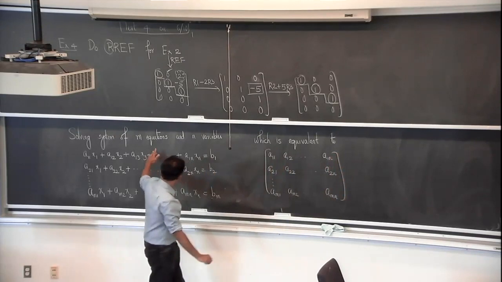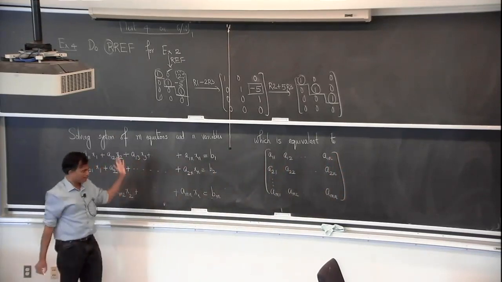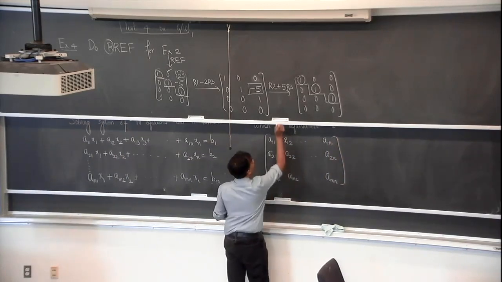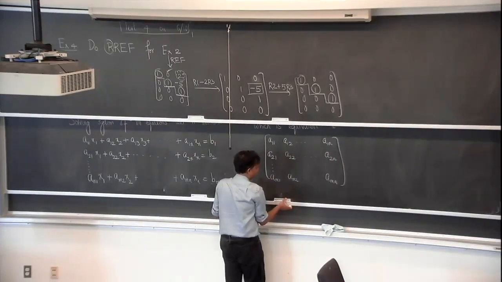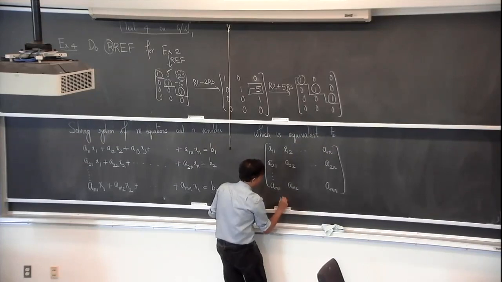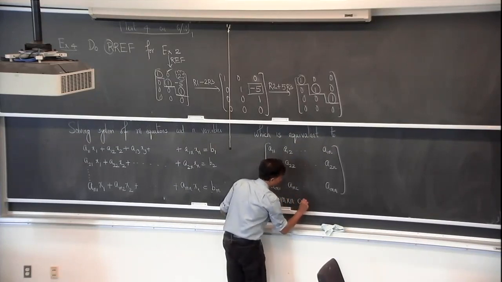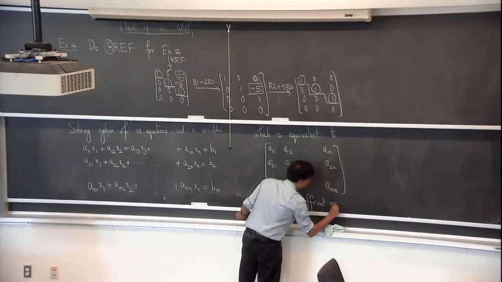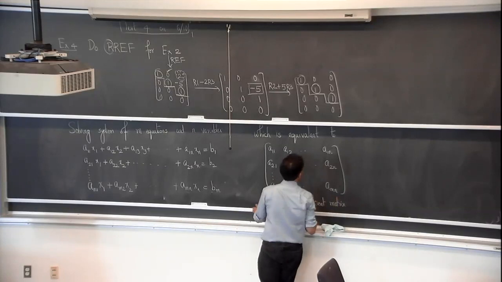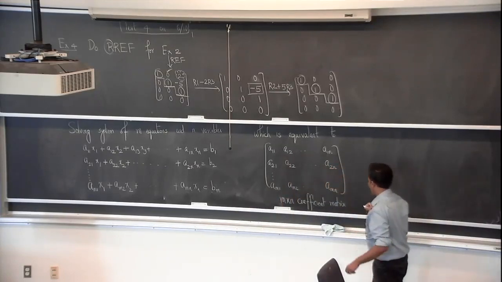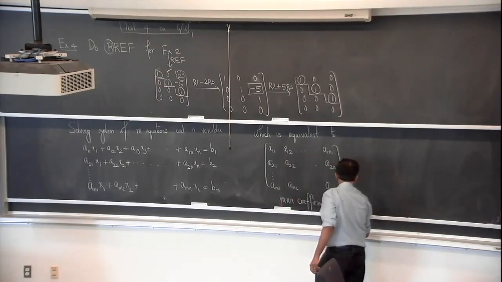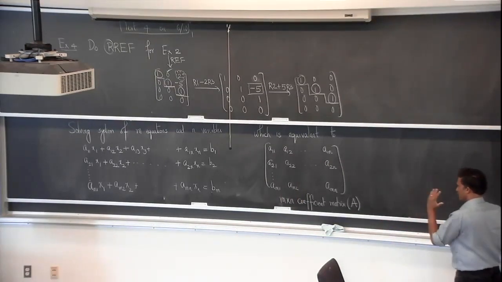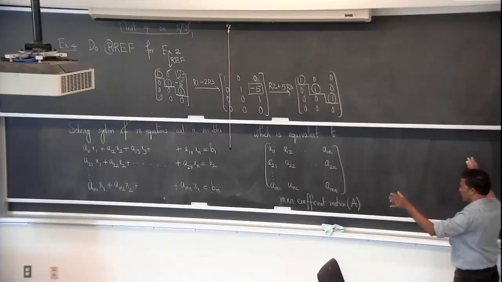So m equations and n variables will give you an m by n matrix. This is the m by n coefficient matrix. Let's call it A, that's a standard way of denoting coefficient matrices. So m rows, n columns, filled with all the coefficients of the equations,